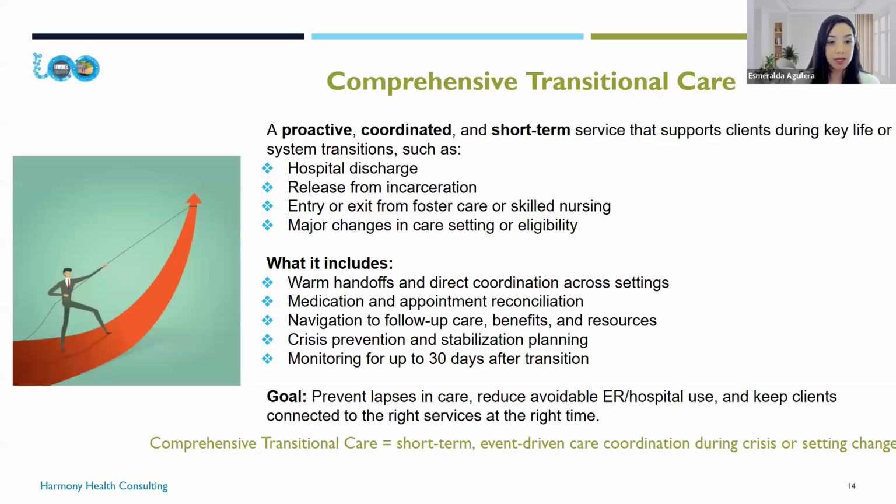Navigating to follow-up care, again, for the resources. Do they need to apply for a new benefit? Do they need housing? Is there any food, meal preparations, or anything that needs to be provided? Any supports that stabilize during that transition period are crucial. The crisis and stabilization plan. So this is part that goes into that transition. We identify immediate risk, we create safety plans, and we prevent the ER visit, relapses, or any reincarceration.